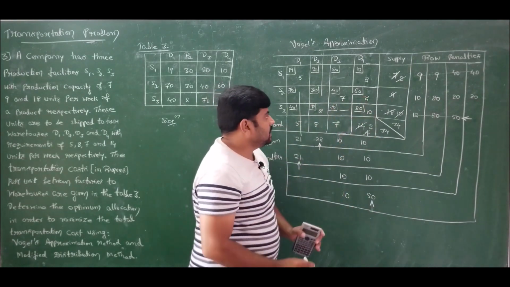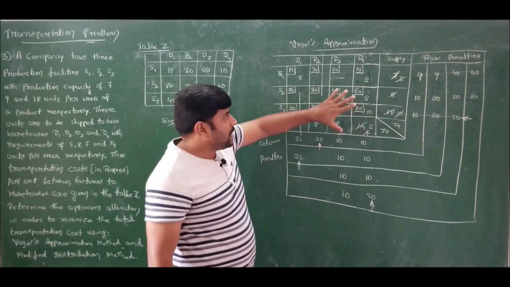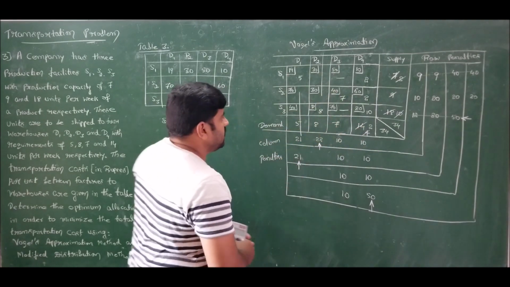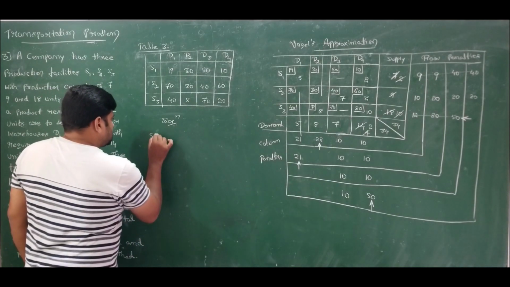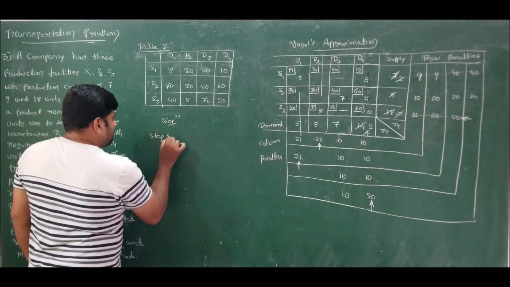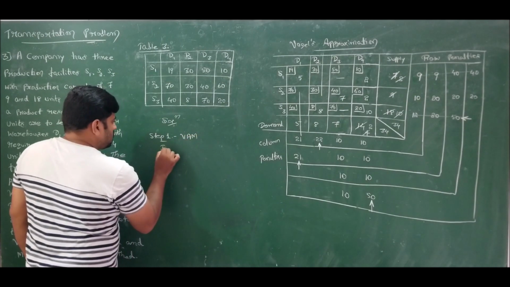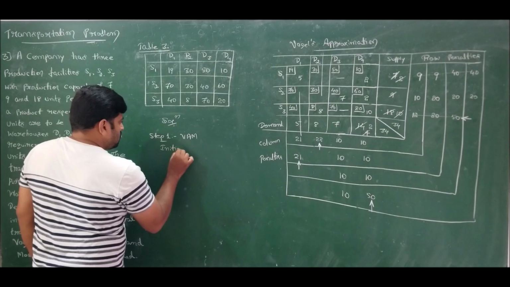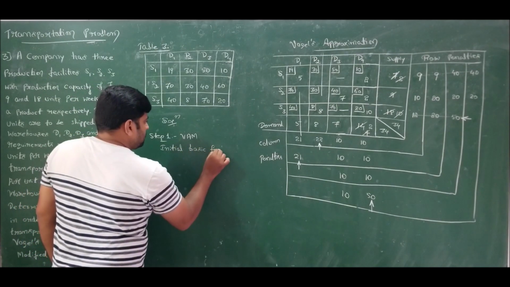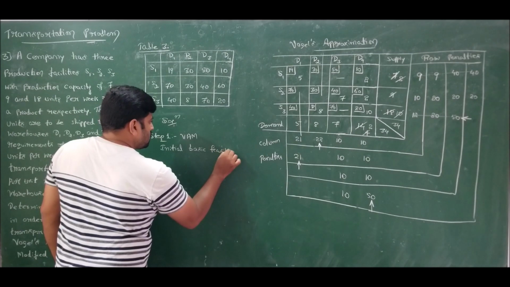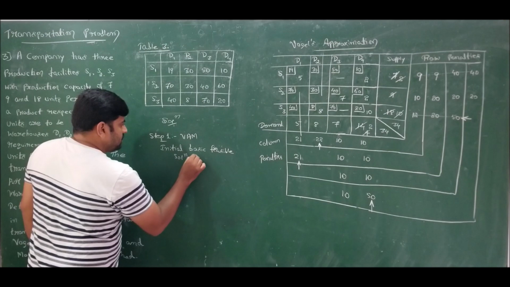So that completes the initial basic feasible allocation and cost. So therefore the initial basic feasible solution from Vogel's approximation method is, so in step 1 from VAM, initial basic feasible solution is,